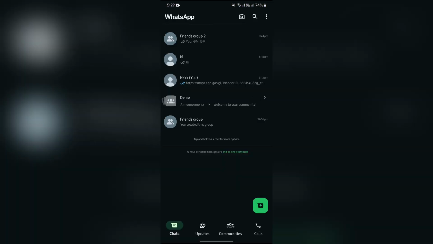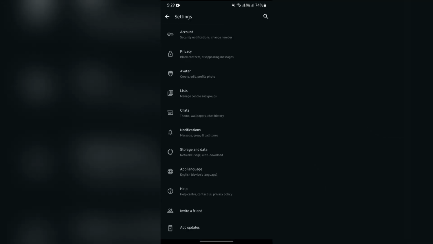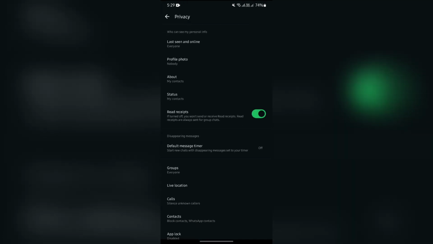And after opening WhatsApp, simply tap on these three dots in the top right corner. Simply tap there, then select this settings option. Now after selecting settings, you will get this privacy option in the second row. Just simply select privacy, and after going in there, you will get this option of last seen and online at